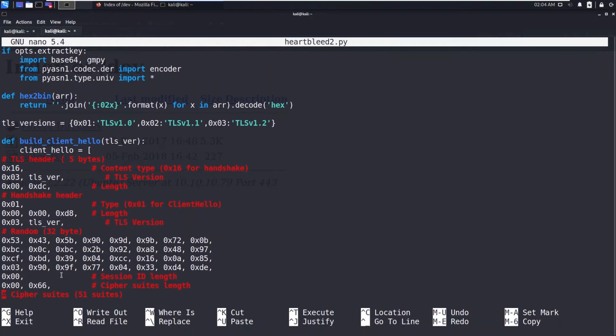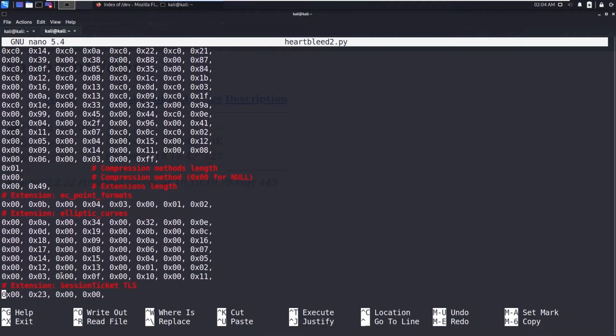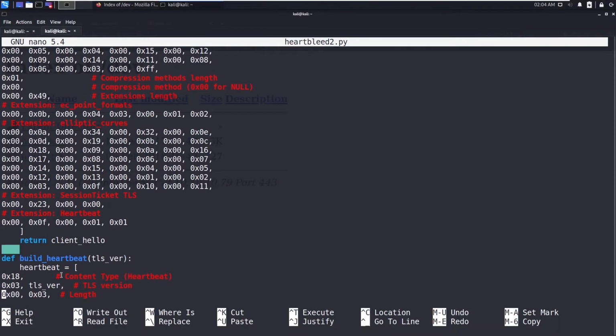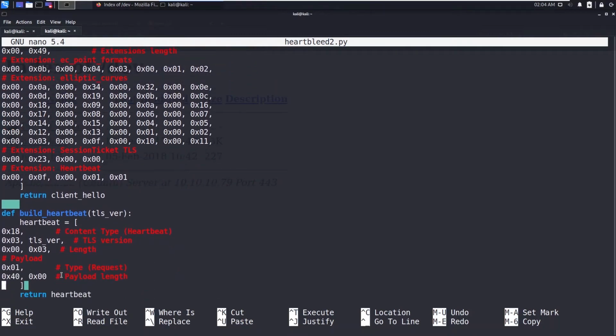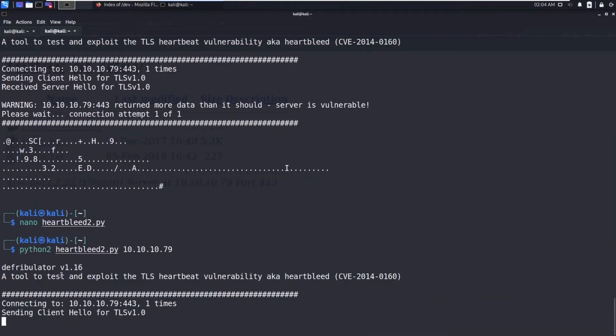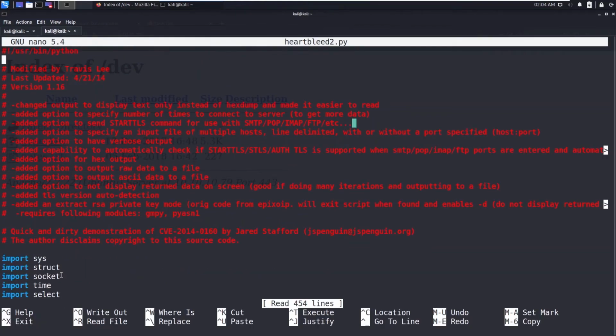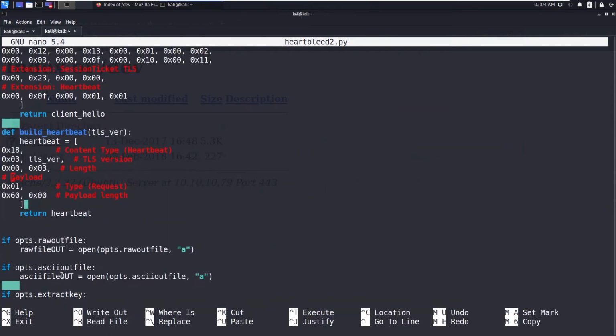Let's ask for more bytes. So we are getting similar data. You can press Ctrl W and search for payload. So it will take directly to this one.